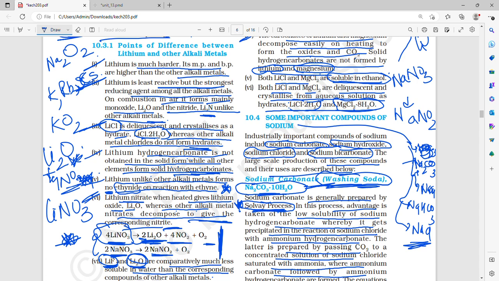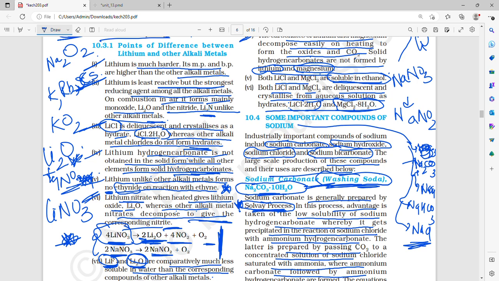On combustion in air, it forms lithium monoxide and lithium nitride, that is Li2O and Li3N, which no other alkali metal forms. Then lithium chloride is deliquescent. What is the meaning of deliquescent? It absorbs moisture and therefore crystallizes to form a hydrate, that is LiCl.2H2O, whereas no other alkali metal forms hydrates. Then lithium hydrogen carbonate is not obtained in solid form, whereas all other alkali hydrogen carbonates are